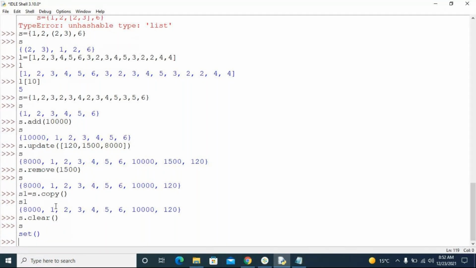If I give you a program to remove the duplicates from a string, you just convert it to a set, and then the duplicates are removed automatically. Then convert it back to a string or list or whatever data type you want. Got it, right? It's a simple way.